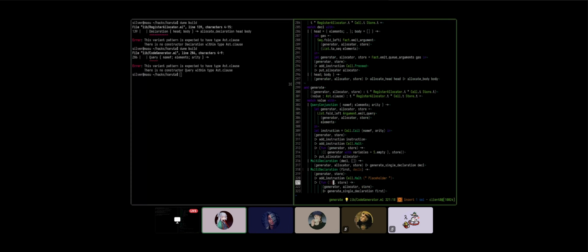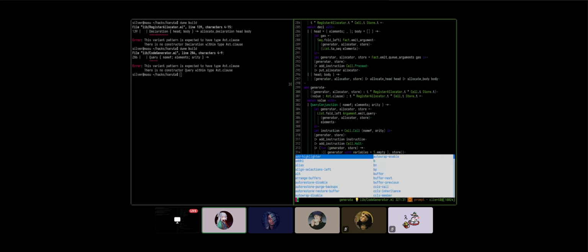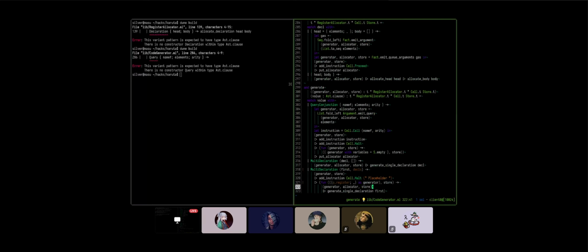As generator.p register, semicolon, underscore. And then I'm still confused though. The generate single declaration won't do what we need to be done.